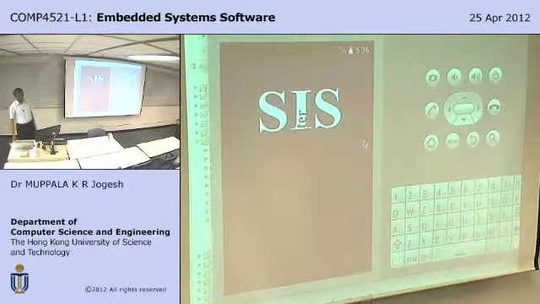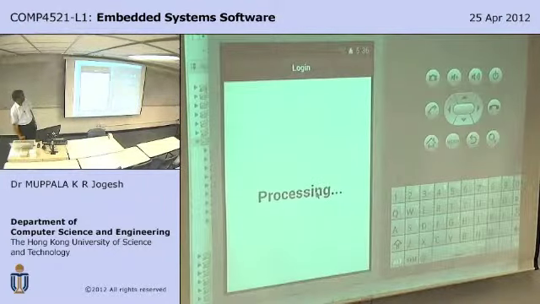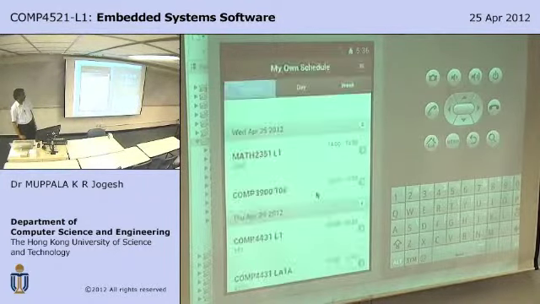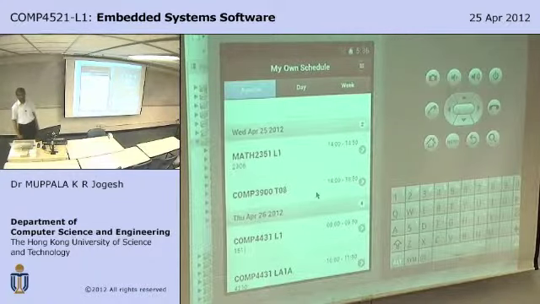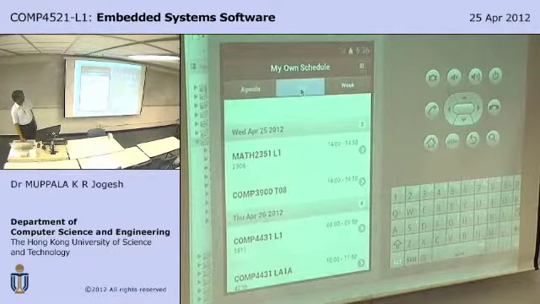We managed to only get your timetable information out of the system, and then you can easily implement. This is just the timetable information being displayed, and you can have a day view